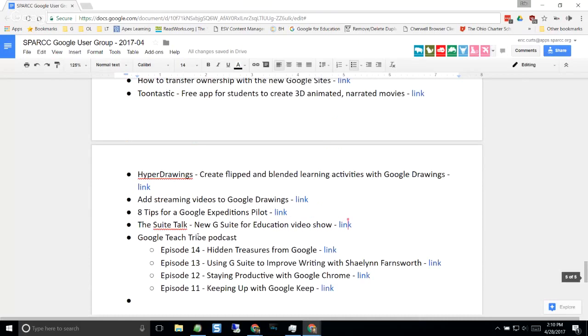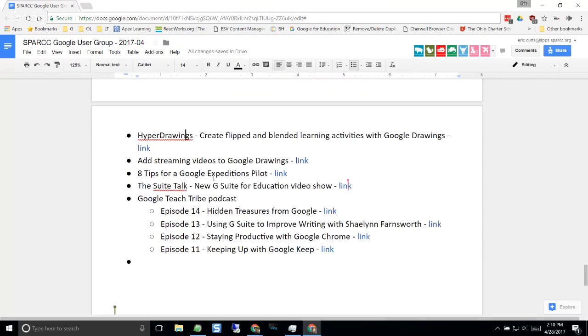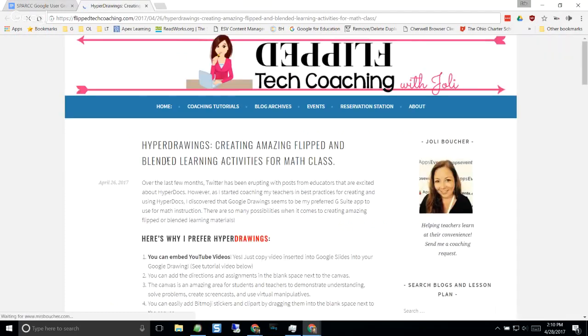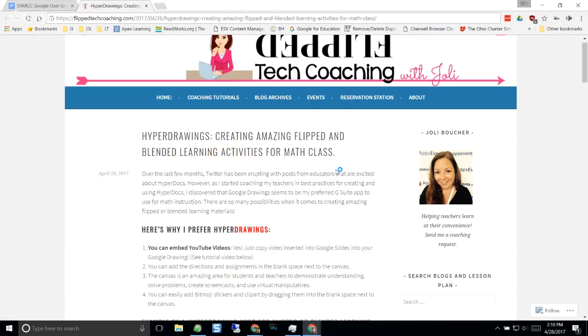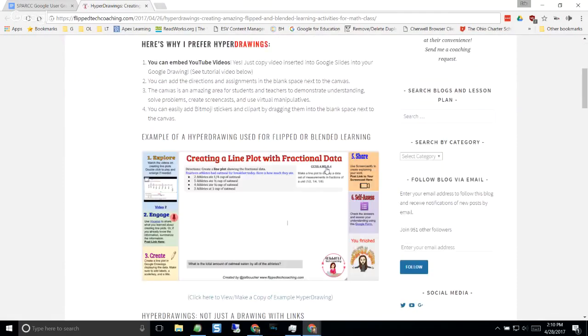Speaking of hyper stuff, the next thing I want to draw attention to is a blog post on HyperDrawings. Now, I know we've been talking about HyperDocs. HyperDrawings is the exact same idea, but it's using Google Drawings instead of using Google Docs. And this is very recent, but this article talks about using Google Drawings to create a HyperDoc type of activity,